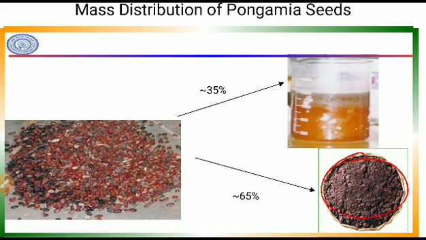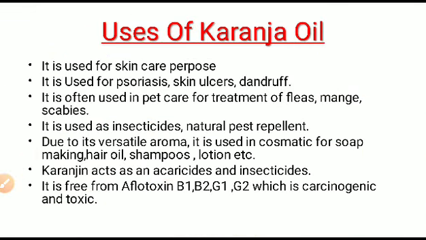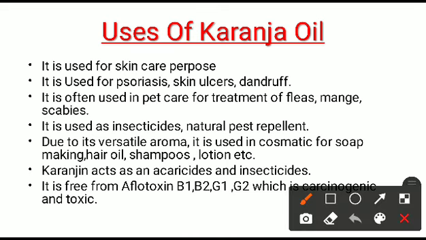of the oil. Next, we are going to learn the uses of Karanja oil. This Karanja oil is used for skin care purposes. Also it is used for cirrhosis, skin ulcers and dandruff. It is often used in pet care for the treatment of different diseases of pets, that is fleas, mange and scabies. This is also used as an insecticide, that means to kill insects, and also used as